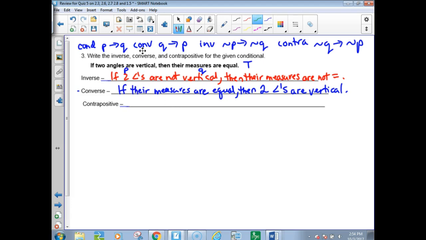All right, so we understand if you can get this down straight, and you can always just jot this down on your paper even, or of course it is in your ISN, right? So look it up and don't mess these up. All right, so it's not that bad. We can now reverse the hypothesis and conclusion and negate it to do the contrapositive. So it's going to be if their measures are not equal,